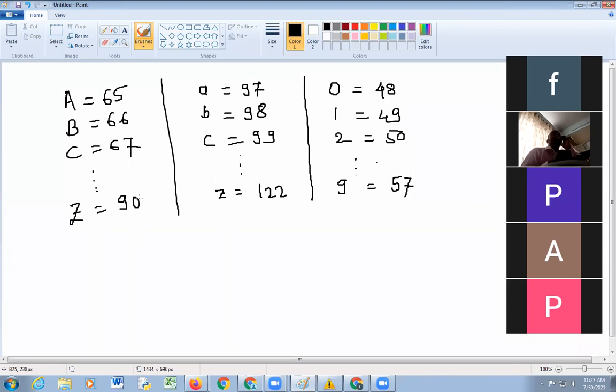Then I asked a question: what is a character, or what are the properties of a character? Tell me.